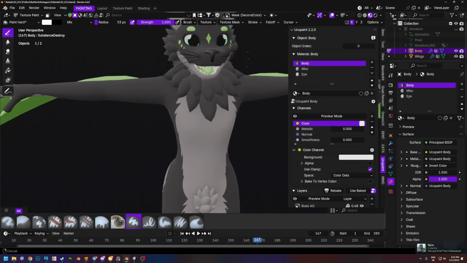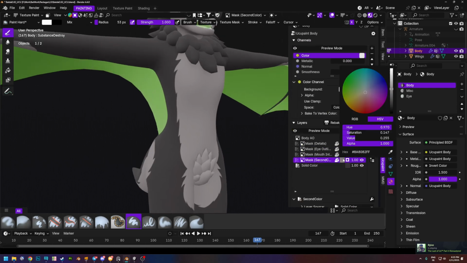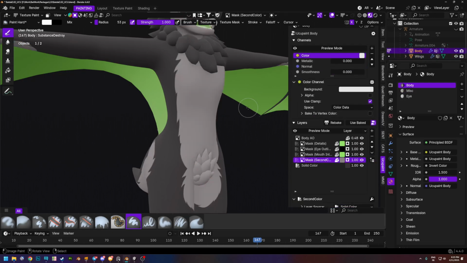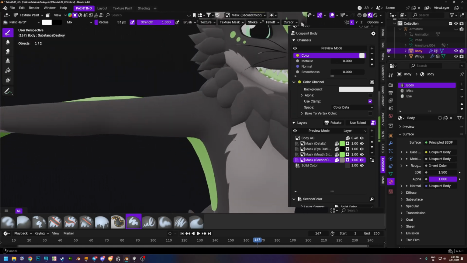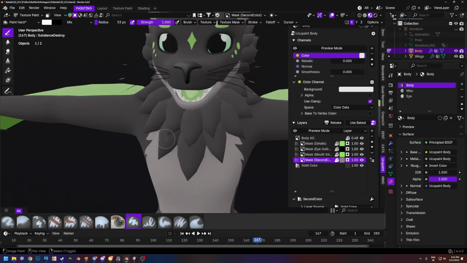So imagine I wanna change the color of this. I can go here and change the color to what I want. I can go back to what it was before. If I wanna add a pattern on something, I can click. So you got the normal color and you got the mask. So if I am on the mask and wanna add, I don't know,